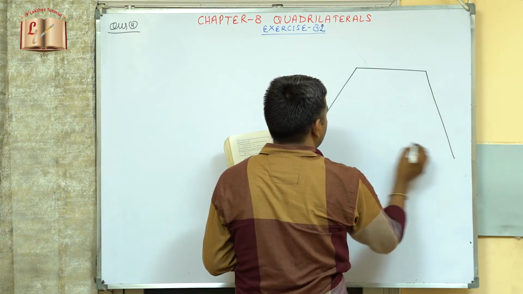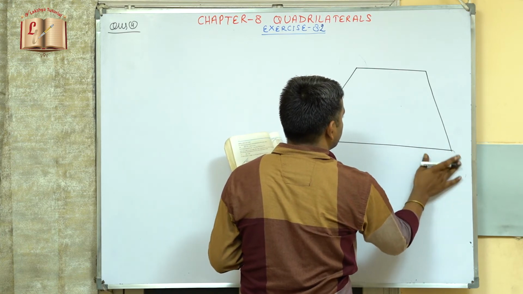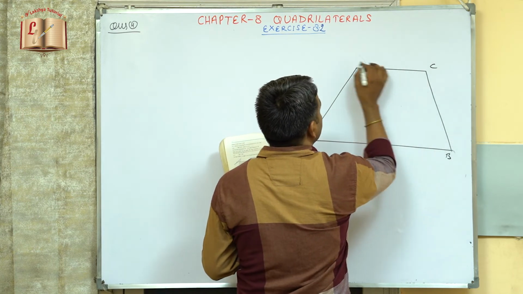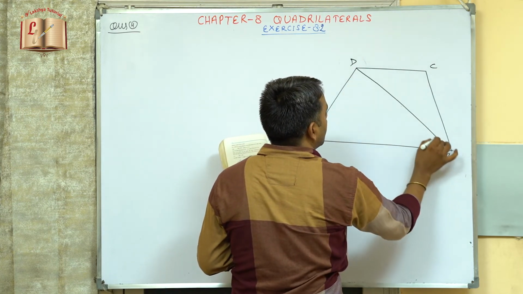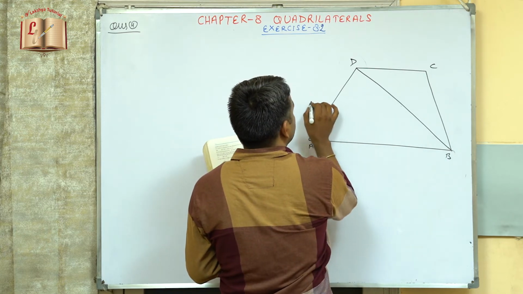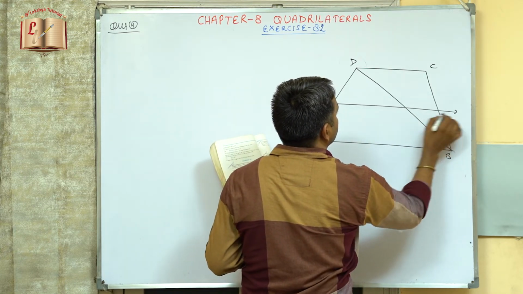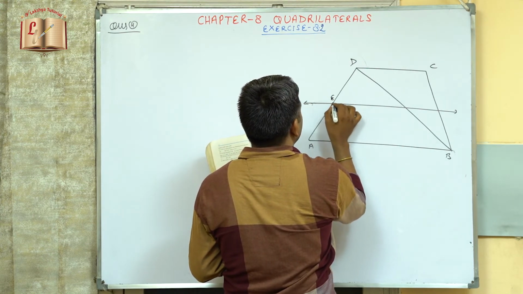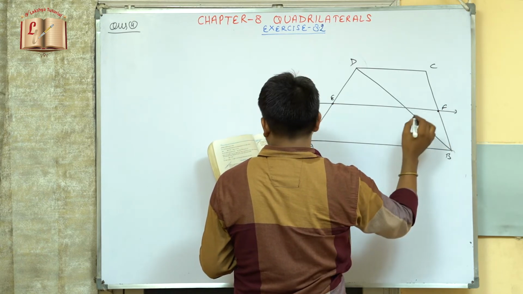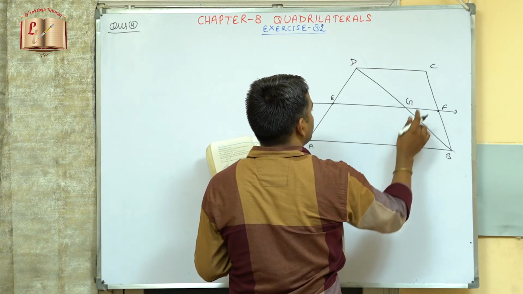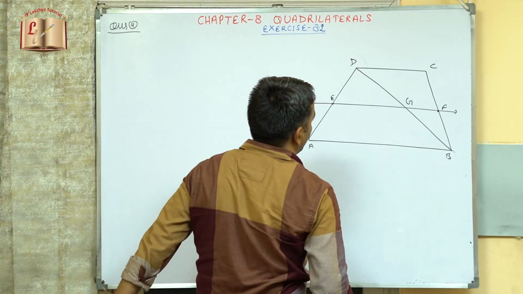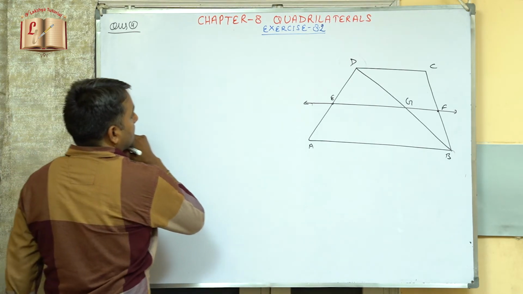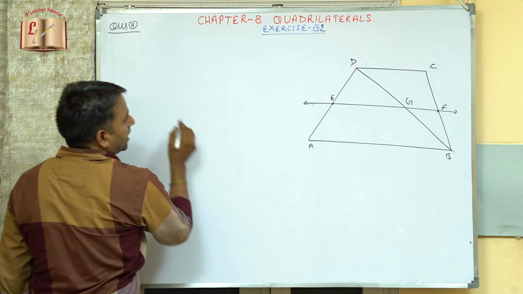This is a trapezium ABCD. So the points are A, B, C and D. Here this diagonal is joined and this line is parallel to this. This is a line parallel to this, and this point is E and this point is F. We can take this point as G. Now E is already given as a midpoint. So now we can consider this triangle. In triangle ABD,